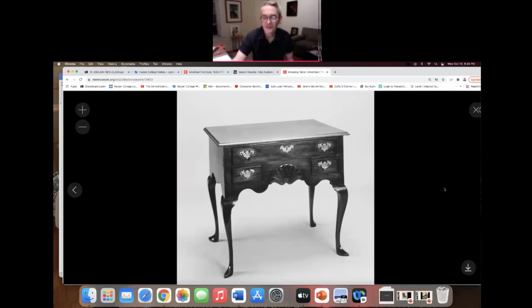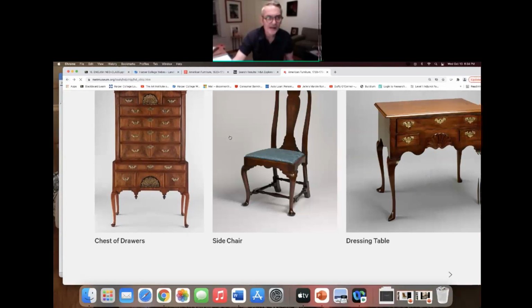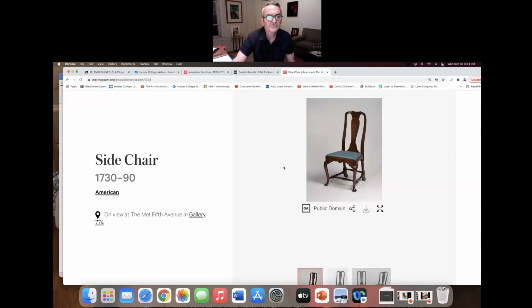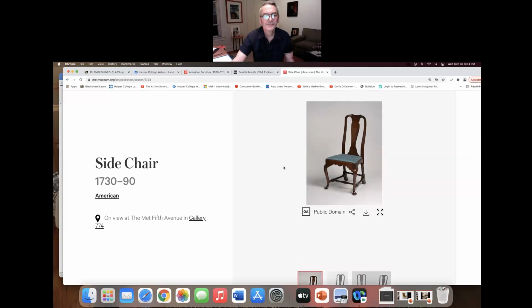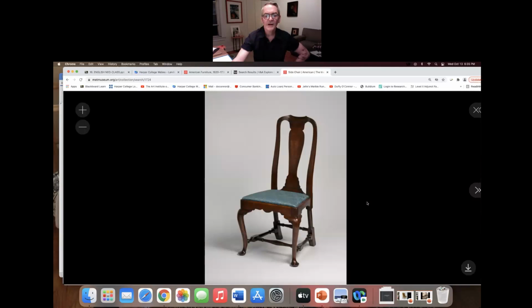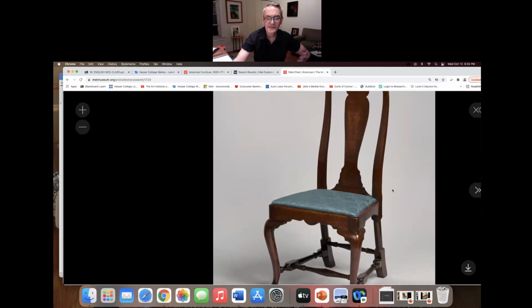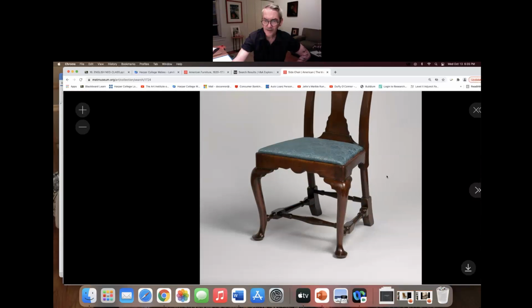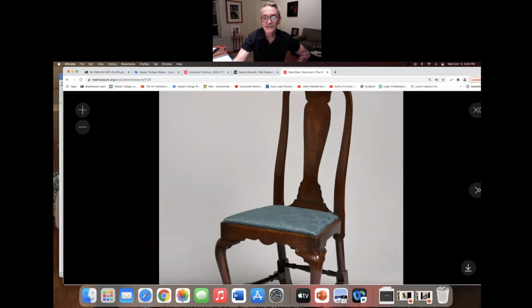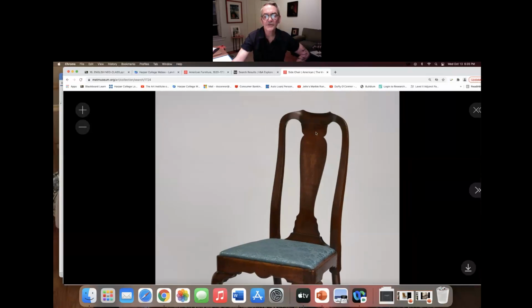Okay. So that's not what I wanted to see. All right, and here a side chair. So this type of side chair, early to late 18th century. All right, let's see. So this is an example. It has the cabriole leg, pad foot, and the very simple. So in the Queen Anne furniture, you'll see this vertical element in the middle of the back is called a splat,